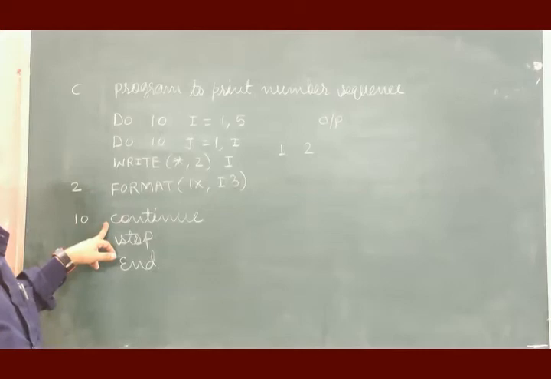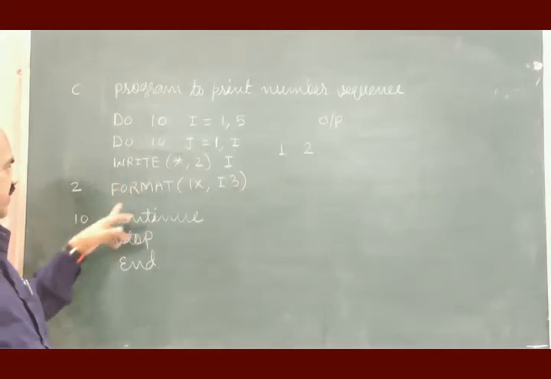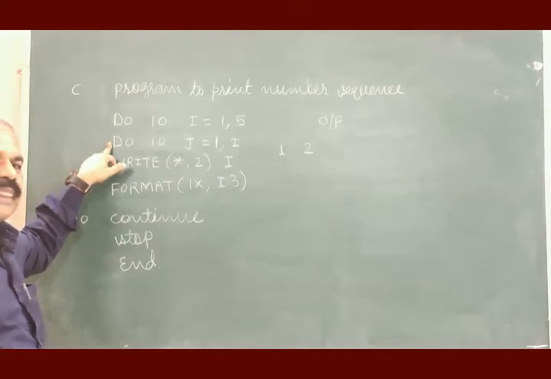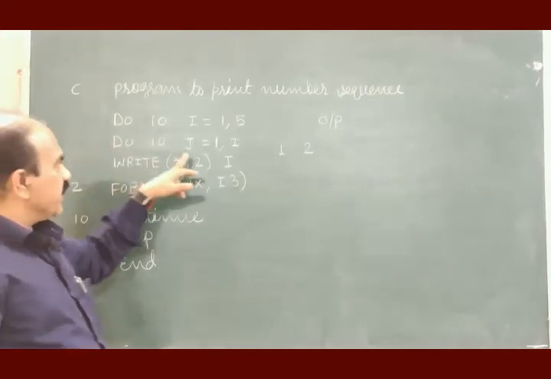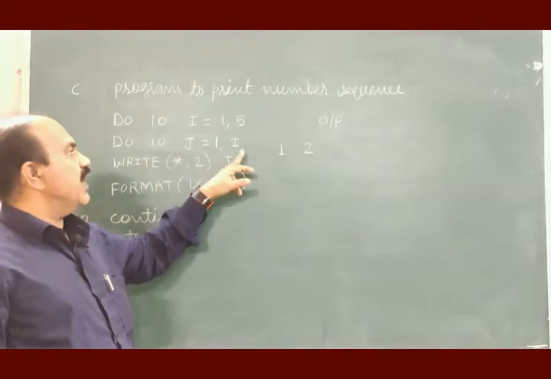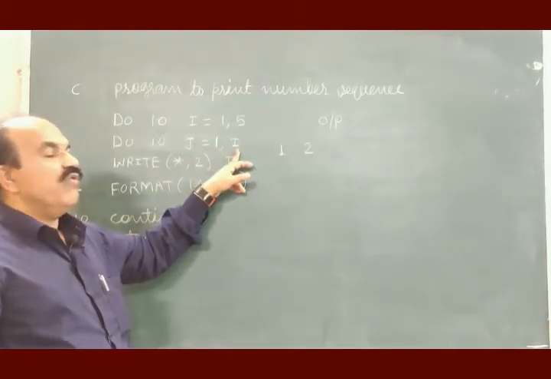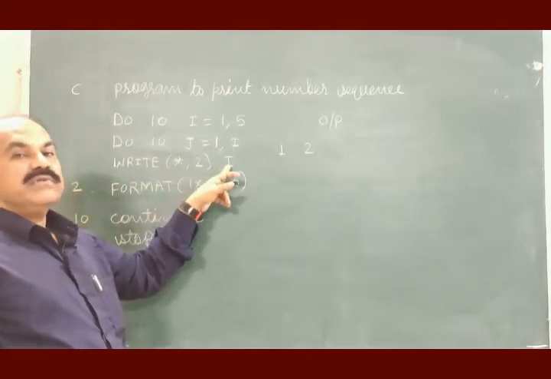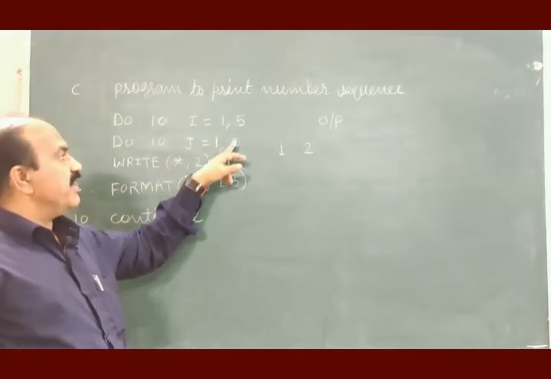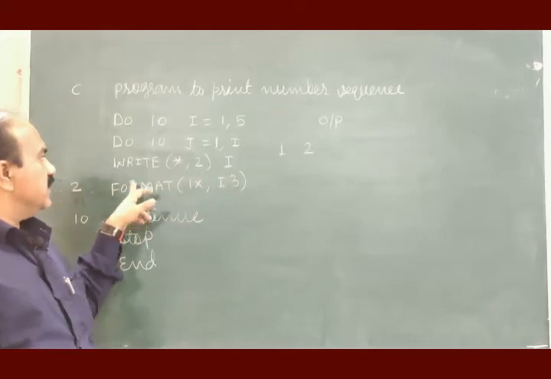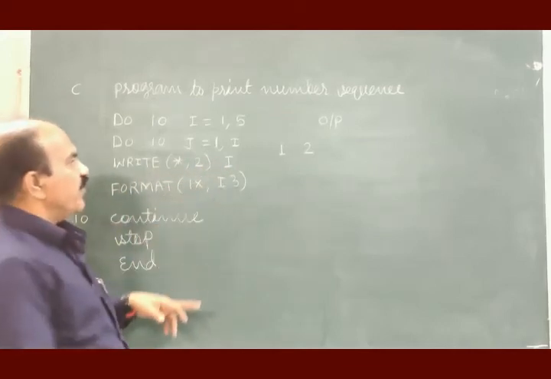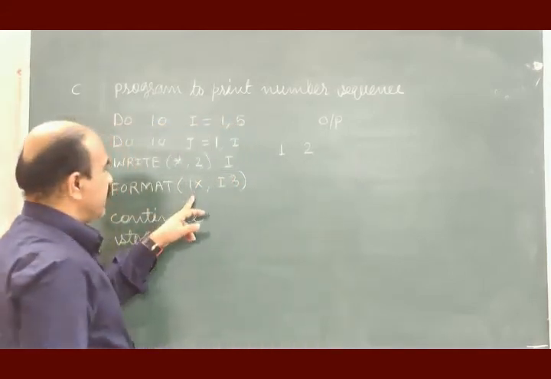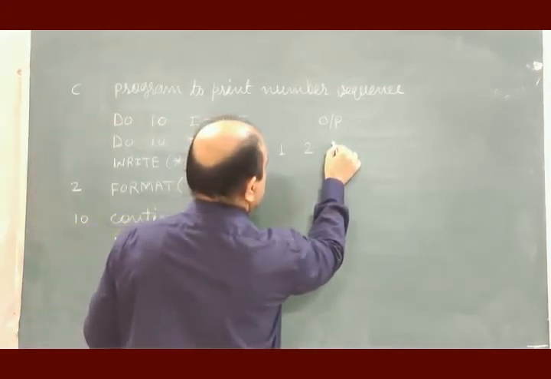Control goes after this and this, it goes to here. From there it goes back to the inner loop. Now J is incremented to 2. What is the value of I now? The value of I is 2, J is 2. As you come here, I is still 2. It is printed here in this format. 2 is printed again after skipping one space.